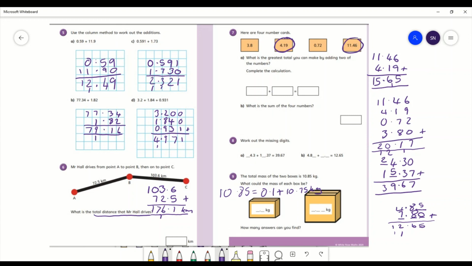Okay, and there's no digit up there. So 4.85 add 7.8 equals 12.65. Okay,